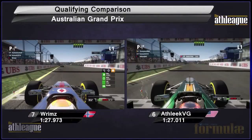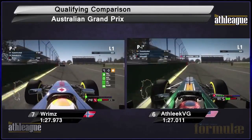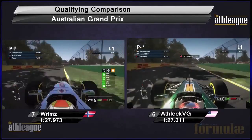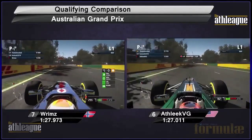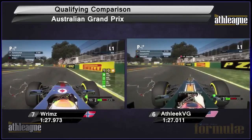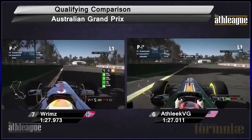Alright, so here we are for the qualifying comparison of the Athleague Round 1 here at Melbourne. We've got a comparison between Wrimzy and AthleekVG, and as you can see, Wrimzy had to get around a lap car there on the approach to turn 1. Athleague taking a little bit more curb there than Wrimzy, but coming up to turn 3 here, they brake pretty much at the same spot there. Wrimzy taking it in first gear, Athleague taking it in second. So a few minor differences to compare over the course of the lap, but it looks fairly close so far